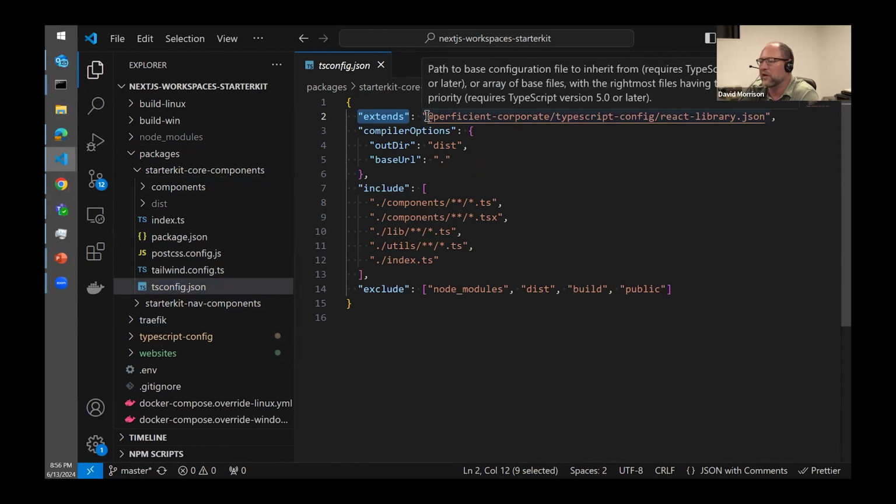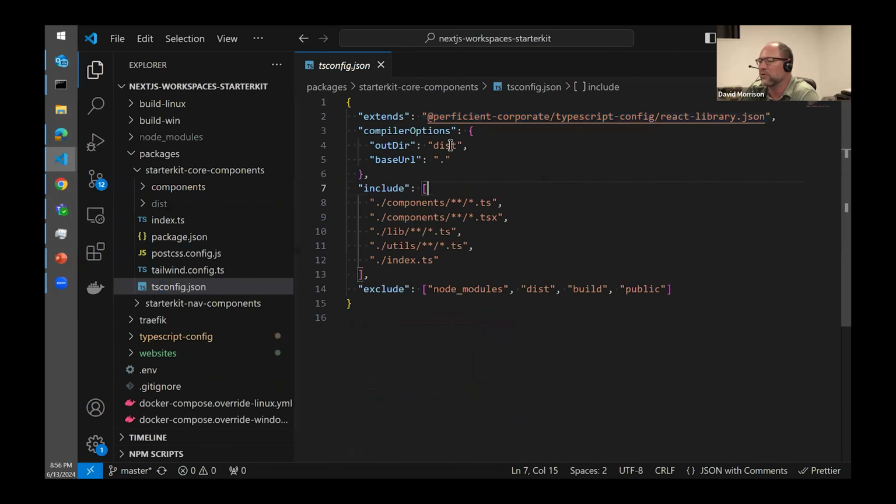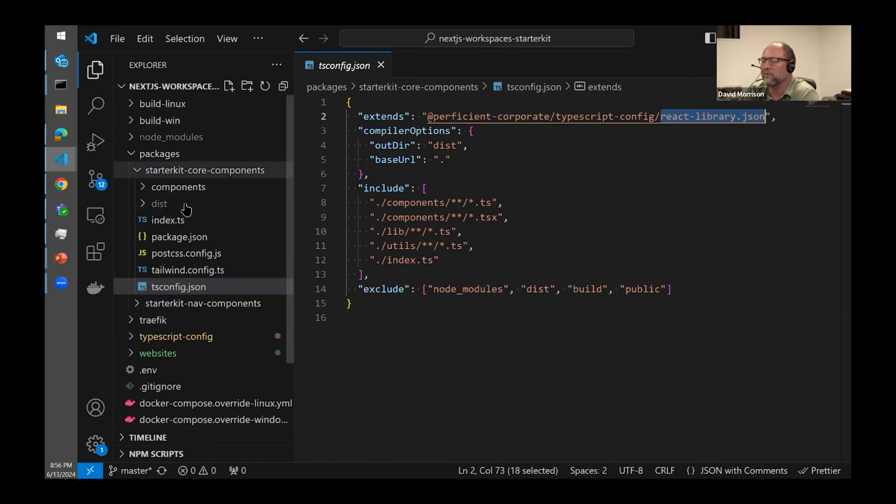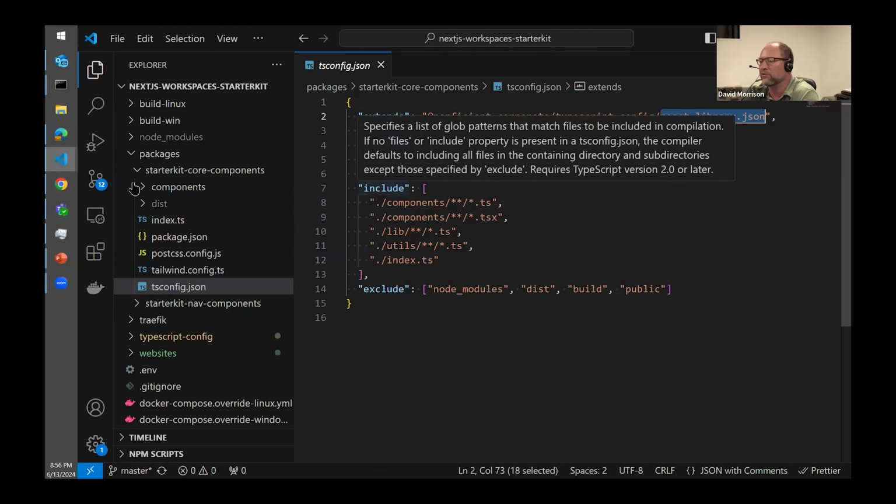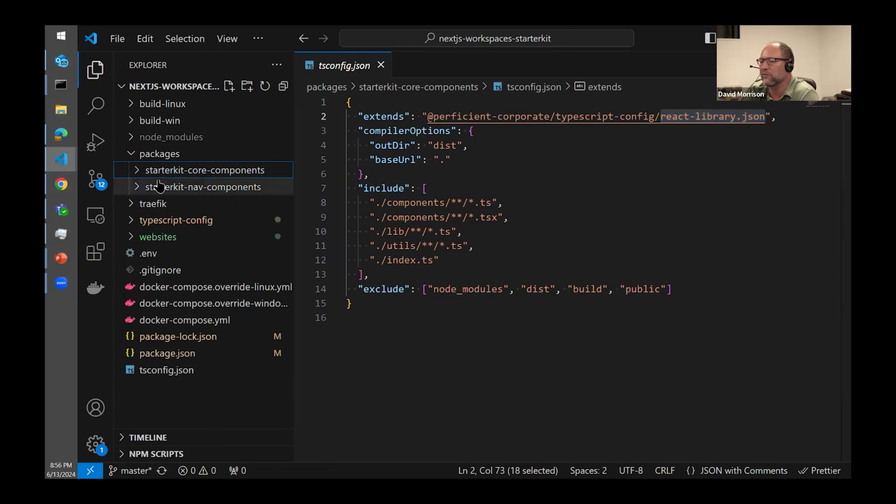So I've just got extends, and then you'll use the import name here. So notice I'm not using a relative path. I'm using the scoped package name, and then the file that I'm importing. And then you might have different imports and includes for each different server. That's kind of where it can diverge a little bit.